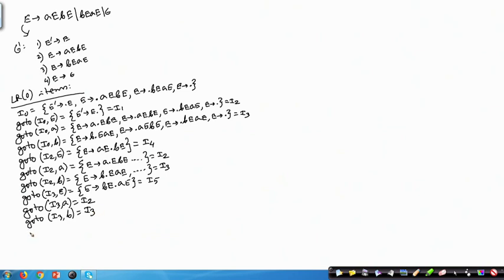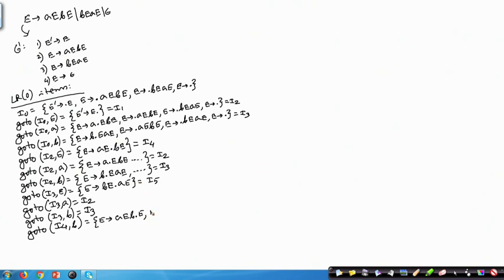Now, go to I4 B. Go to I4 B will give us E producing A E B dot E, and as soon as it gives that, this will give us the remaining rules like dot E is coming.